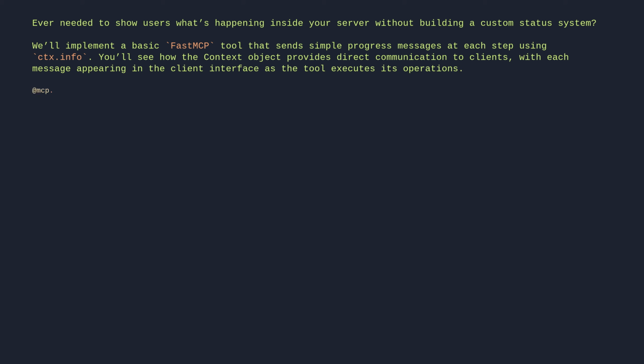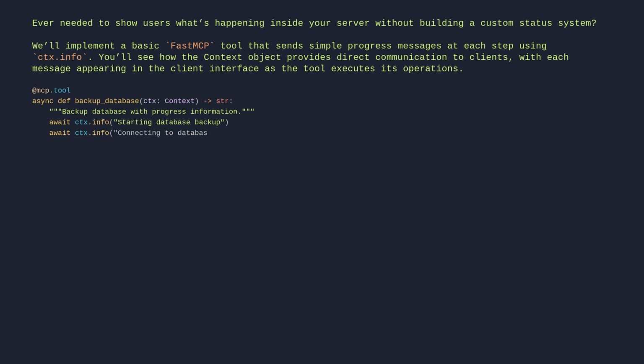@mcp.tool async def backup_database(ctx: Context) -> str: """Backup database with progress information.""" await ctx.info("Starting database backup") await ctx.info("Connecting to database") await ctx.info("Backup completed successfully") return "Database backed up"